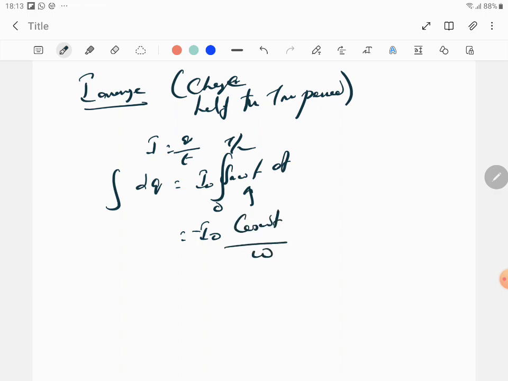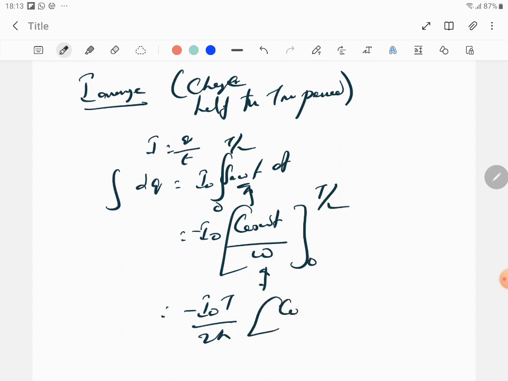Omega, the coefficient of t, not with the t. Okay, the coefficient of t is just omega. There it was 2 omega. Integrate from 0 to T by 2. You can write this as 2 pi by capital T. So it will become minus I naught T by 2 pi. And the upper limit is cos omega, where omega is 2 pi by capital T and the small t is T by 2. T and T get cancelled, cos pi, and cos pi itself is minus 1.